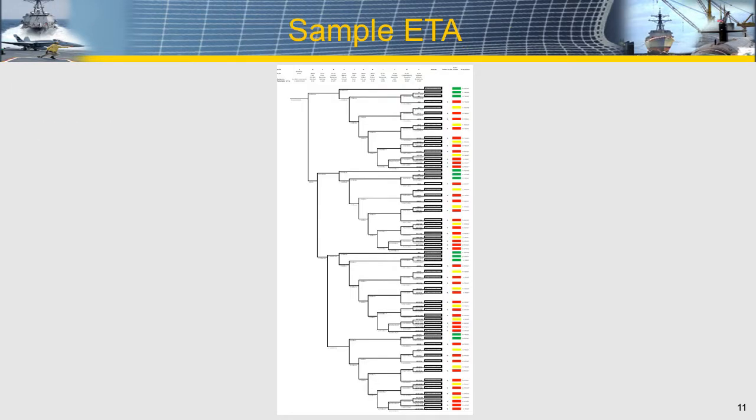This is one of the sample ETAs we had. As you might have been able to guess from the earlier fault tree we showed, there were lots of gates, fairly complex, lots of barriers, which is good for a commercial airliner. It makes the analysis a little tedious for us. So this one is specifically the aircraft stalled case,